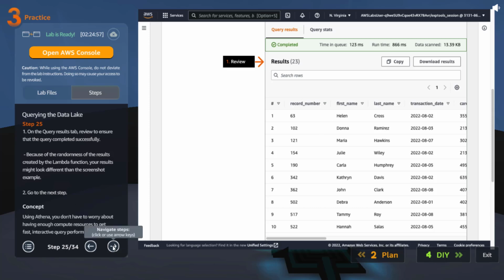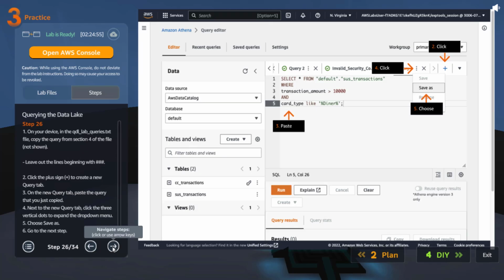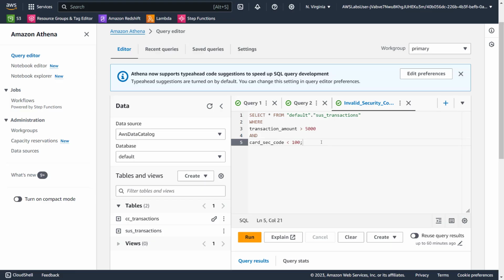Okay, and once that is done, let's go back and we are going to add a filter. Not filter, actually this is a different query now. So previous one is invalid security. The previous query had invalid security codes. So let me go back and look at that. So here, any transaction amount greater than 5,000, I think we don't need to use this because all the records in suspected transactions are actually greater than 5,000. So this is useless, but they put it anyways.